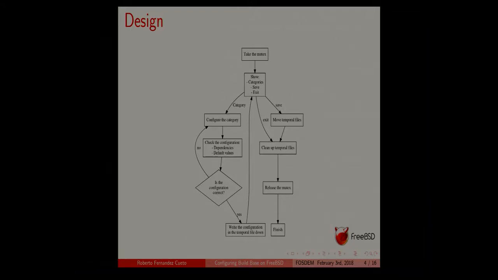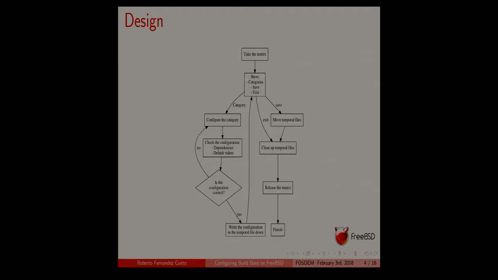So after taking the mutex, we show the main menu with all the categories to configure and the save and exit buttons, as usual. For each category, we present the options to the user, so he can choose which options to activate, which options to deactivate, and